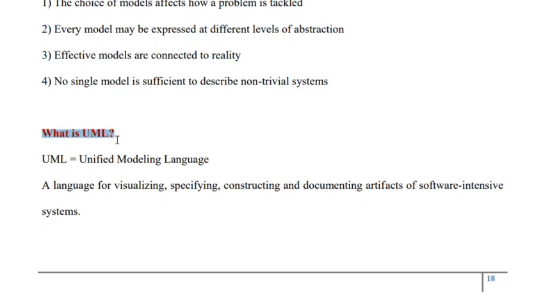Now, let us try to understand what UML is. UML stands for Unified Modeling Language. It is the language used for visualizing, specifying, constructing, and documenting artifacts of software-intensive systems. It is not actually a programming language, but a mechanism for visually representing, specifying, constructing, and documenting artifacts